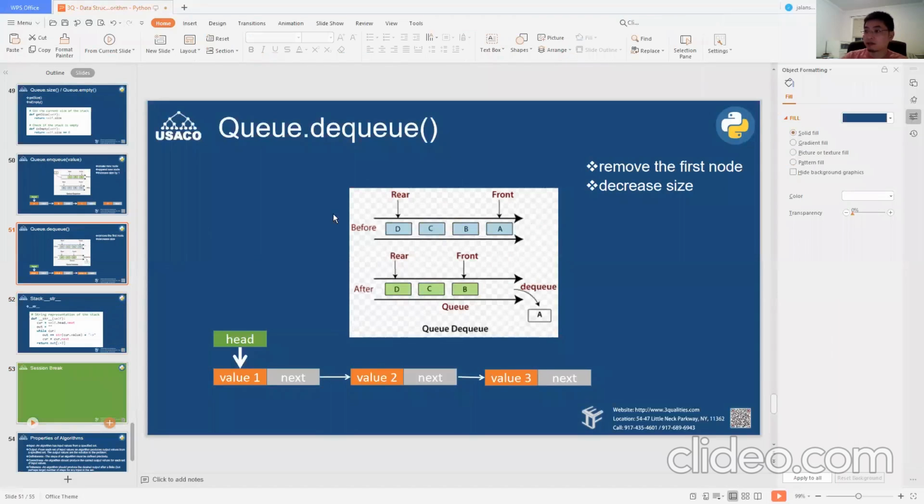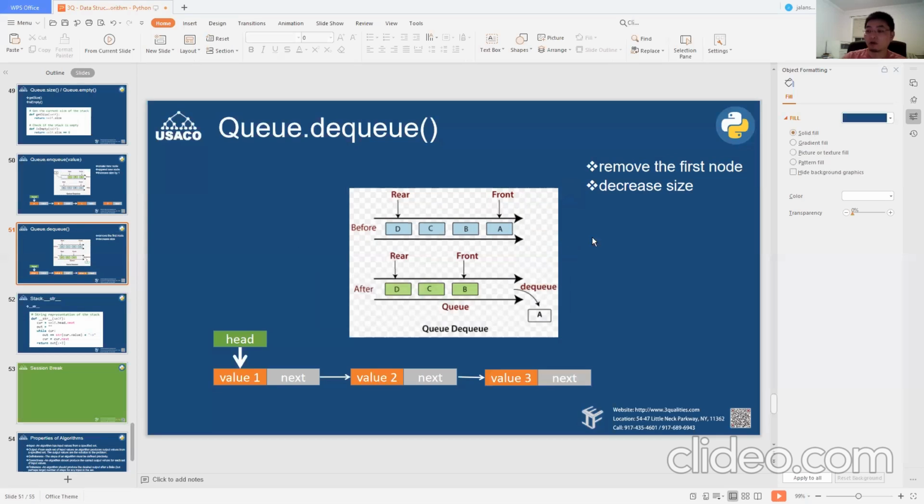Okay, this is a DQ function. It basically removes the first item from the list or from the queue. That is the before. I have items in the queue from the first to the last, A, B, C. Then I call the dequeue. I basically remove the first item from my queue, and my original second item is pushed forward and becomes the first one.